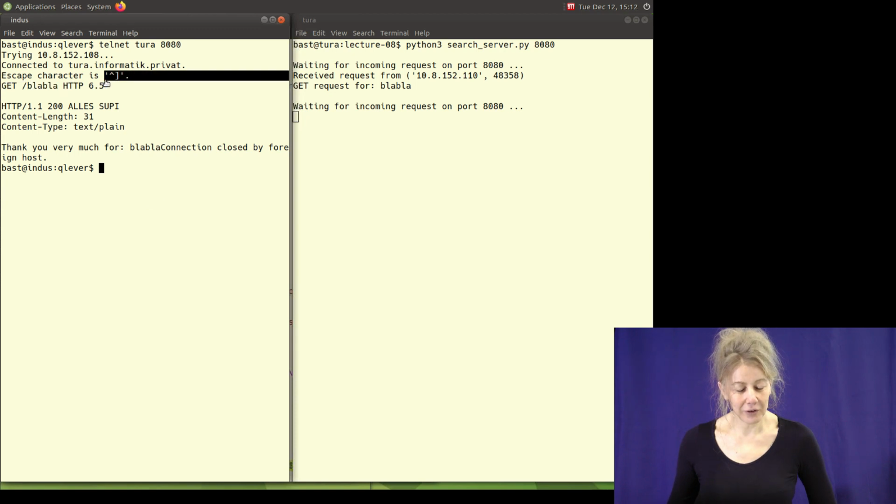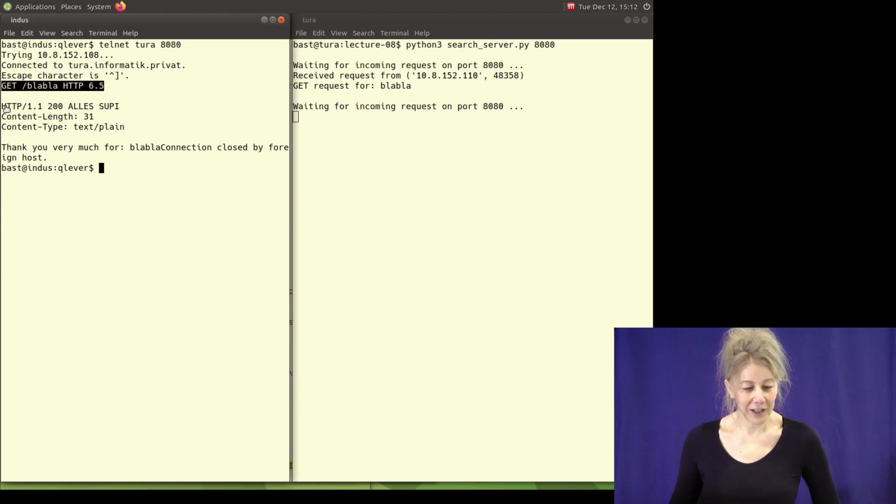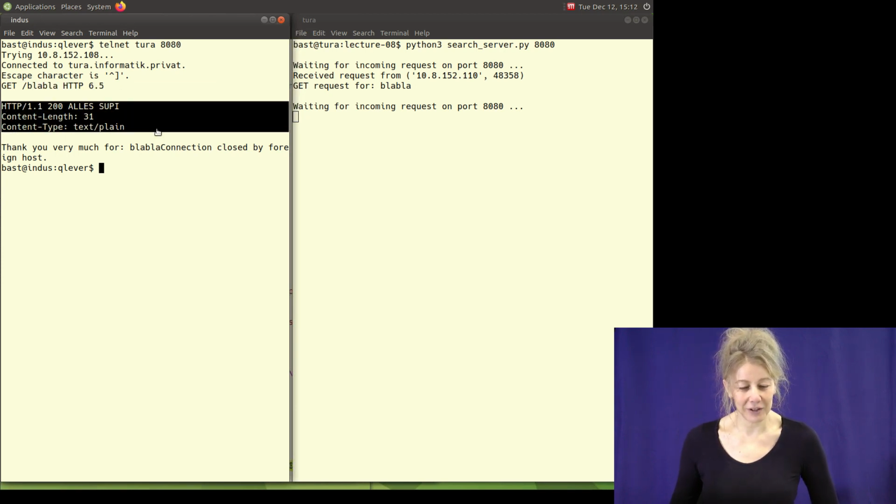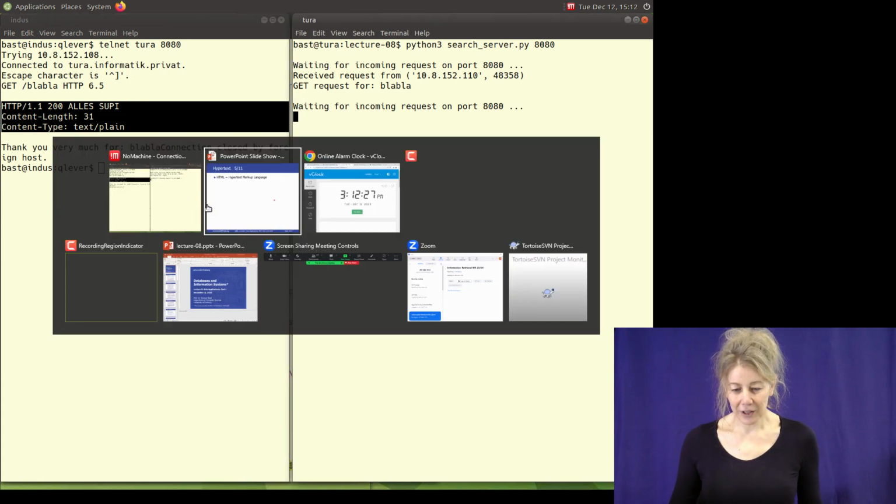So I can play web server here in Telnet, right? I just have to send it in the right format, which my server wants. And now I received this result. So not bad. And now